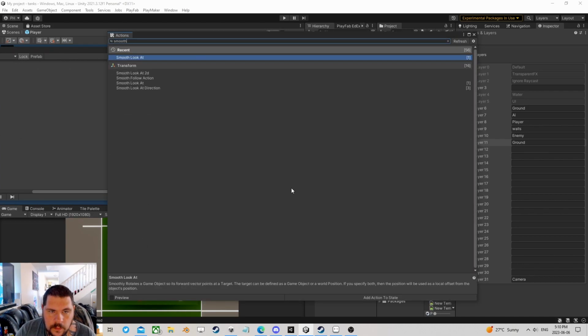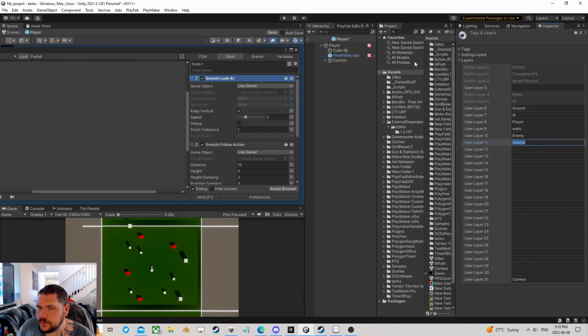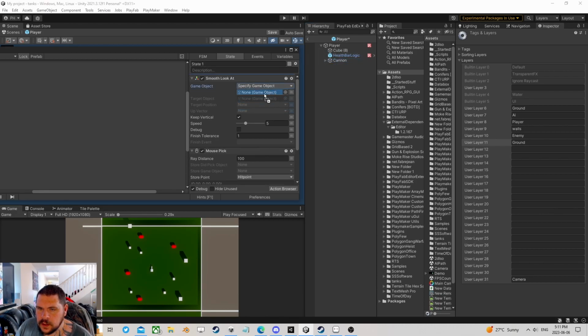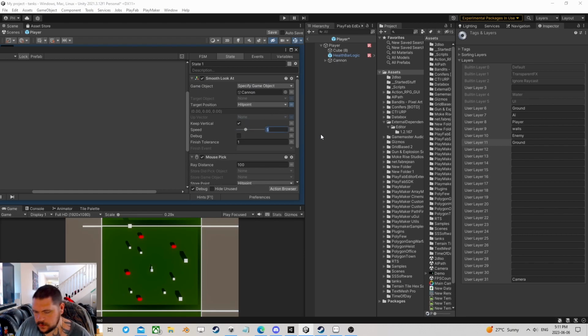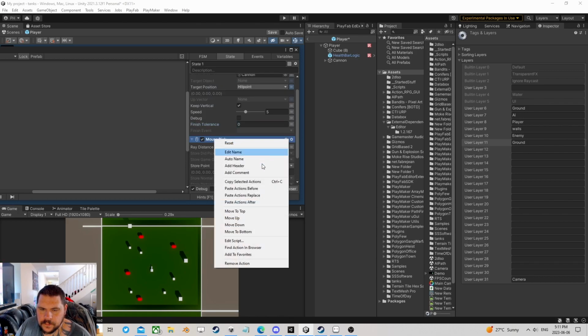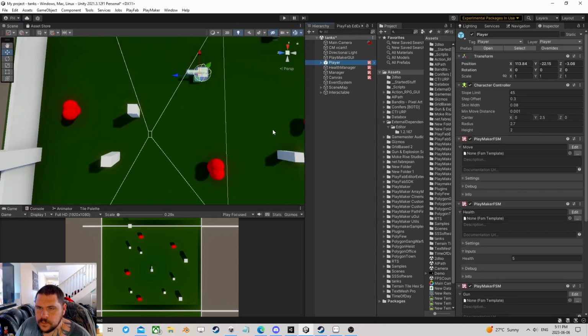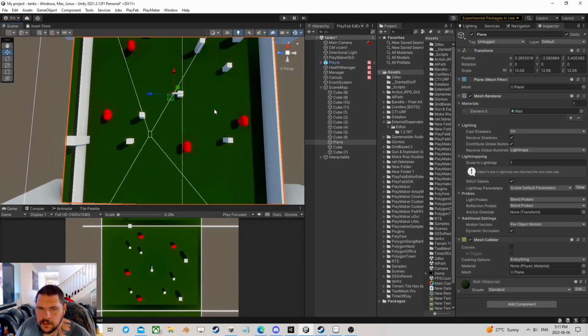And we should be able to smooth look at. The cannon can look at hit point with no finish tolerance. Then if we grab our ground,